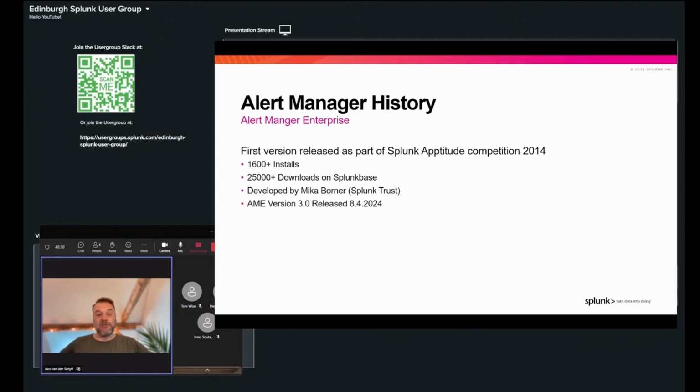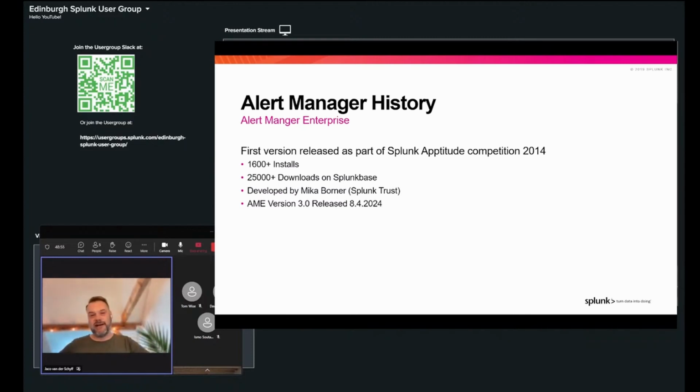That found its way onto Splunk Base with quite a number of installs and downloads. It was developed by Mika Borner, who's also a member of Splunk Trust. He's currently the CEO at our company. He and a colleague, Simon Bals, were the developers of the first version, which was an open source release of Alert Manager.